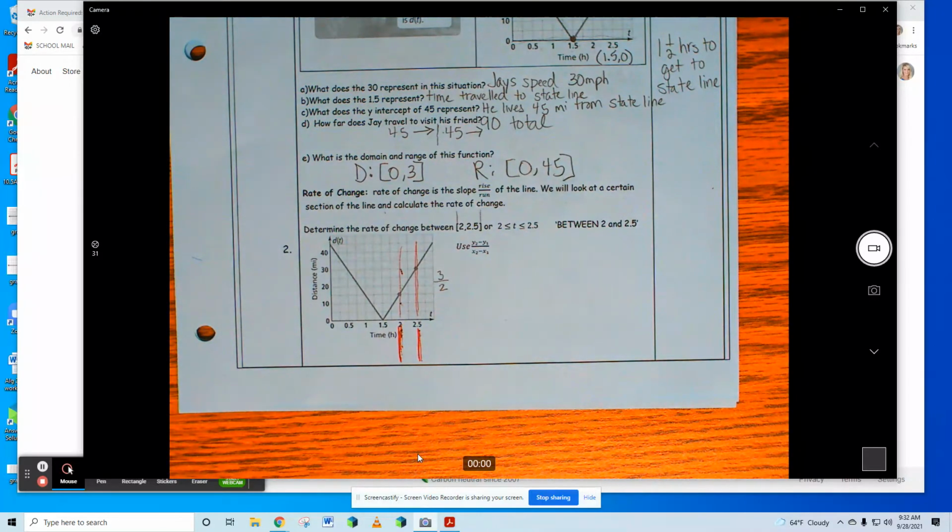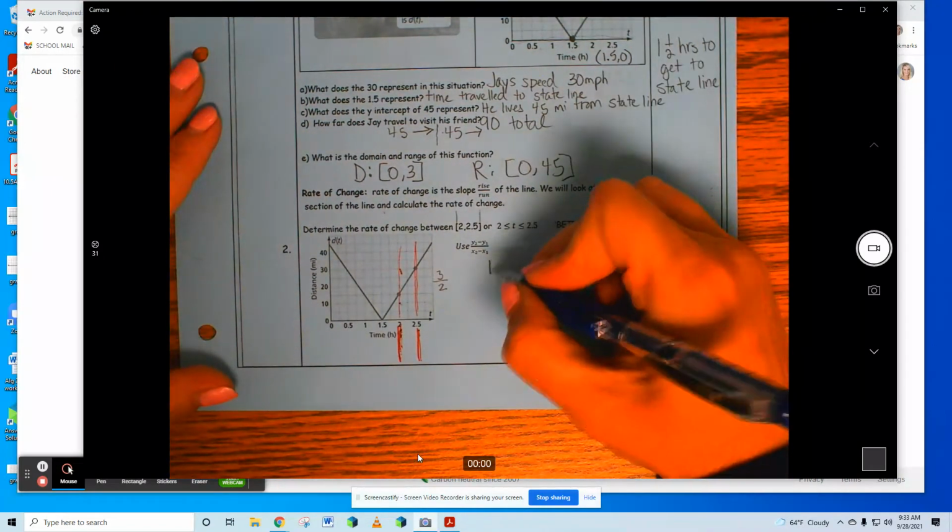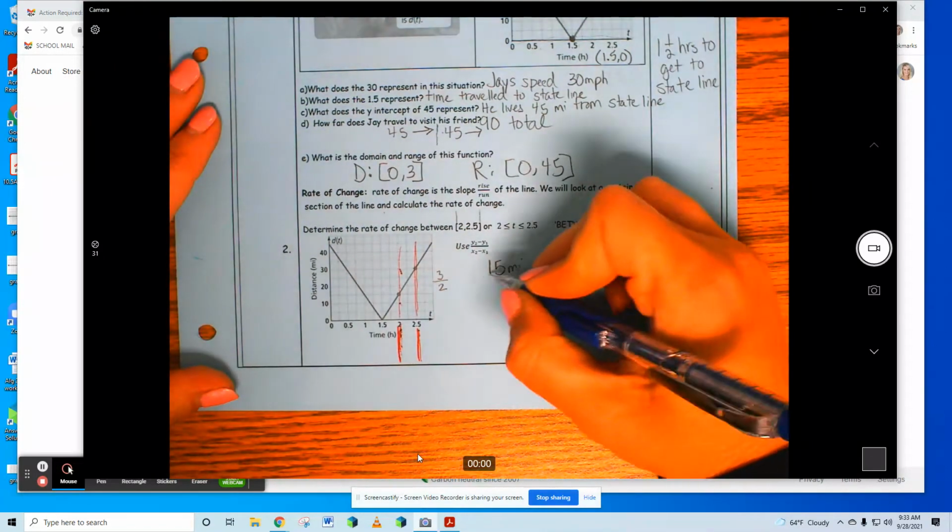If the box is going upward, they are miles. Isn't this 5, 10, 15, 20, 25, 30? I'm going to start at 15, and I'm going 15, 20, 25, 30. How many spaces is it from 15 miles to 30 miles? 15 miles. Every box is 5 miles. So it's going to be 15 and I ran